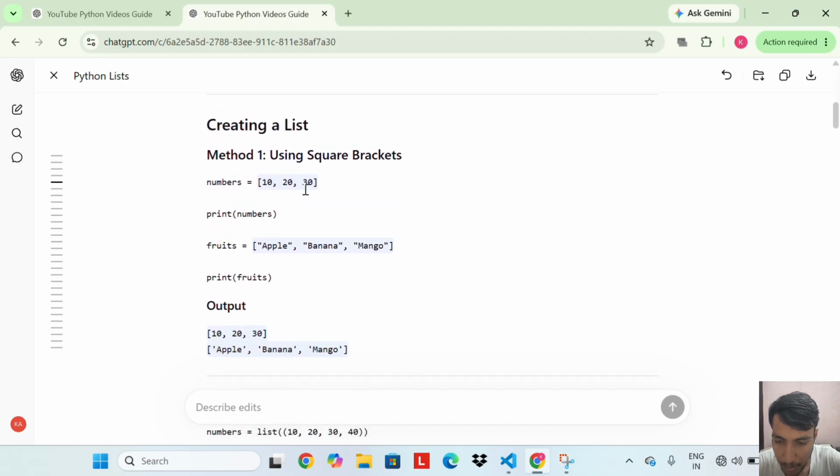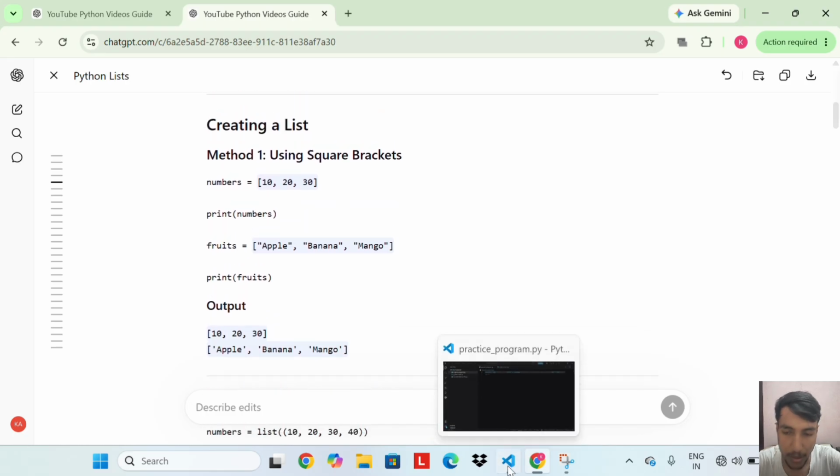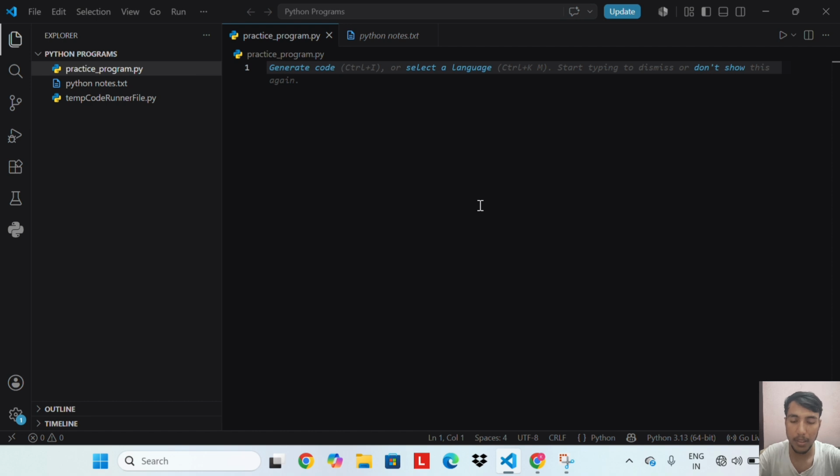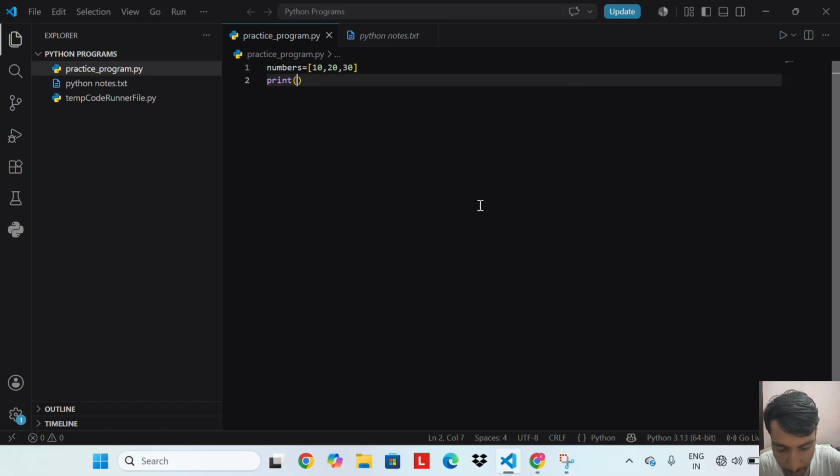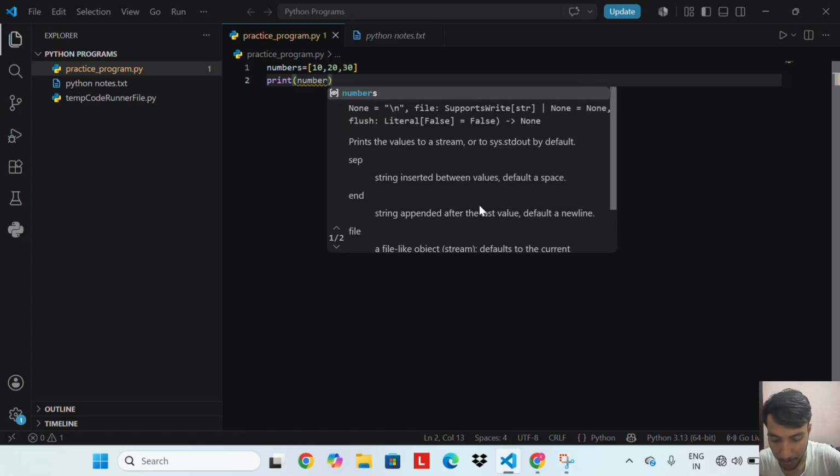So let's do an example of creating a list. It is very easy to create a list. First we use square brackets, then any data type, 20, and print numbers.